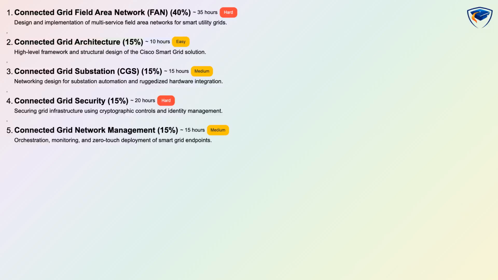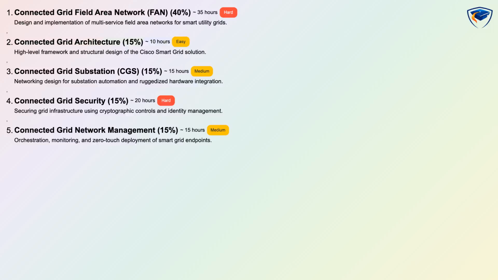This exam is organized into 5 domains with precise weights: Connected Grid Field Area Network at 40%, Connected Grid Architecture at 15%, Connected Grid Substation at 15%, Connected Grid Security at 15%, and Connected Grid Network Management at 15%. The test combines conceptual questions with scenario-based assessments and hands-on tasks, so you should focus both on theory and practical design. Overall, the syllabus emphasizes multi-tier grid communications, resilient mesh networks, hardened substation design, security controls, and large-scale orchestration and